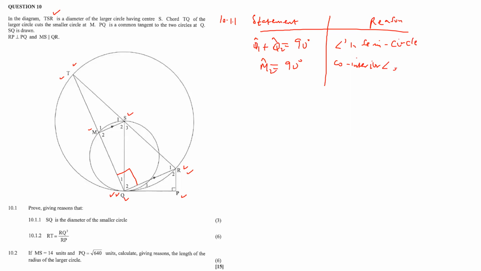The reason we have co-interior angles is because MS is parallel to QR. Why are they parallel? Because it was given that way. So the observation is that M2 is equal to 90 degrees, and therefore SQ,